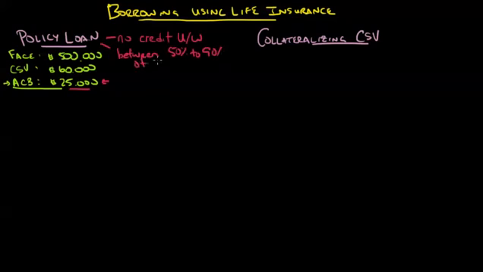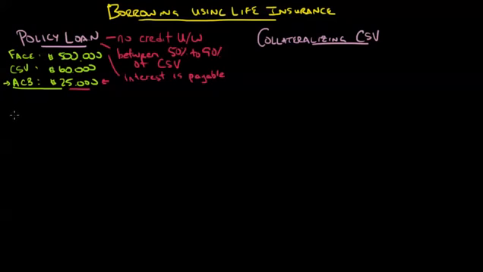You can typically borrow between 50 and 90%, and this depends on contractual terms or administrative practices sometimes, but typically you're borrowing between 50 to 90% of the cash surrender value, and there is going to be interest payable on this loan. So you're borrowing money here, and some people say, well, that's my own money, I shouldn't have to pay interest on it. But the reality is you're borrowing that money from the policy reserve maintained by the insurance company, and they have to maintain a certain amount of returns in order to be able to pay the promised death benefits. So they are going to charge you interest because they don't have that money available to invest now.